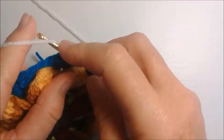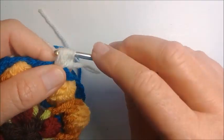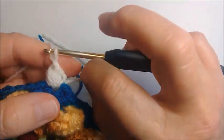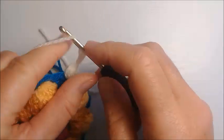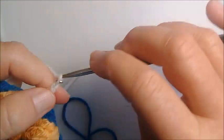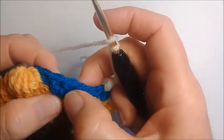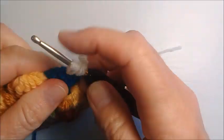So we're going to skip 2 double crochets and then work a yarn over times 4 puff. Right. Then we're going to chain 6. 1, 2, 3, 4, 5, 6. Yarn over, skip 2 double crochets from our previous round and